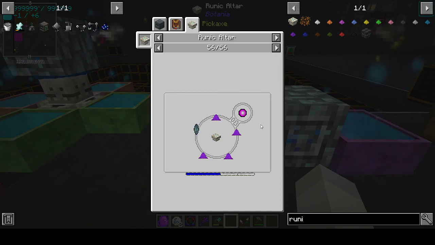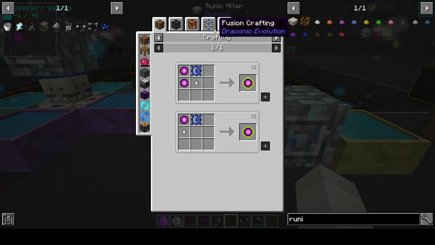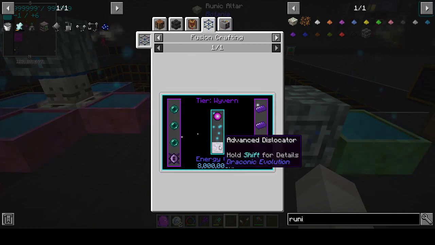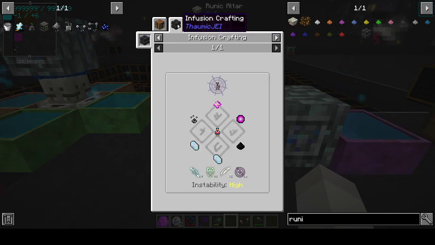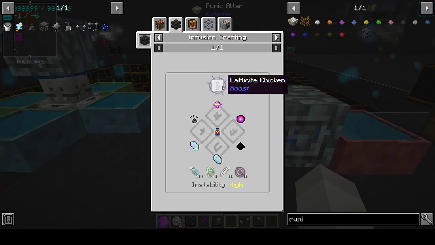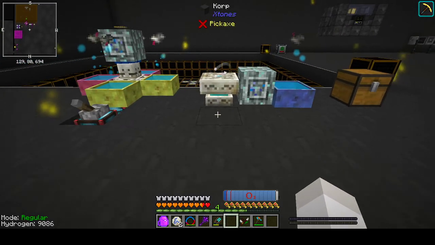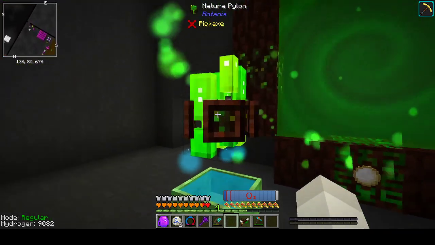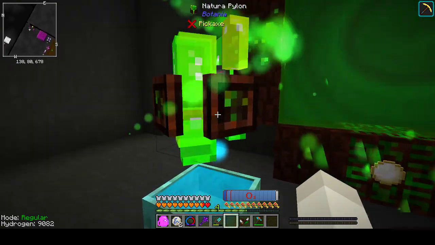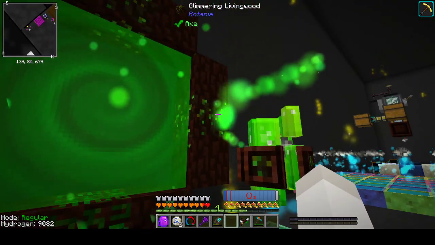The dislocator is a very useful item, and it's also used in a lot of crafting. It's used for making the advanced dislocator, as you can see here. It's also used for making the lattice chicken, which is something we're going to be doing on one of our episodes here soon. So I think that about covers it. So how this works is you build your